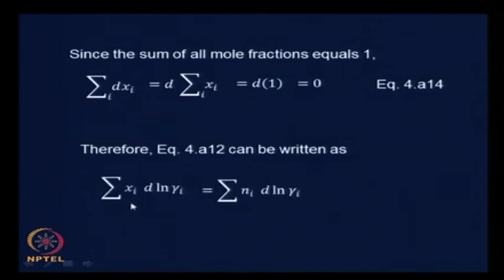Therefore, we obtained sum over xi d ln γi equals sum over ni d ln γi, it is just multiplying by the total number of moles, which is 0. This was our equation 430, and from here we went back to the expression for dGE,